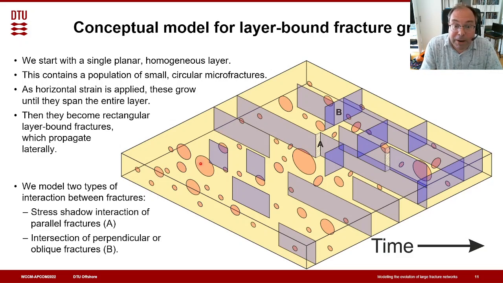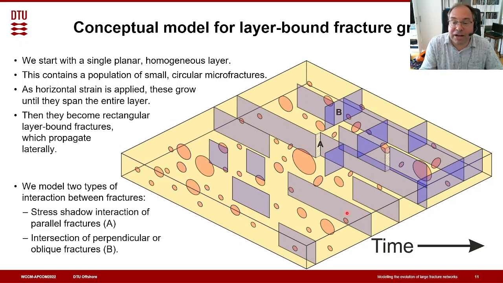And they will grow bigger until they span the entire layer. But then, because they are unable to propagate out of the layer, they will start propagating laterally, and they can be approximated by elongated rectangular fractures propagating laterally, as shown in blue